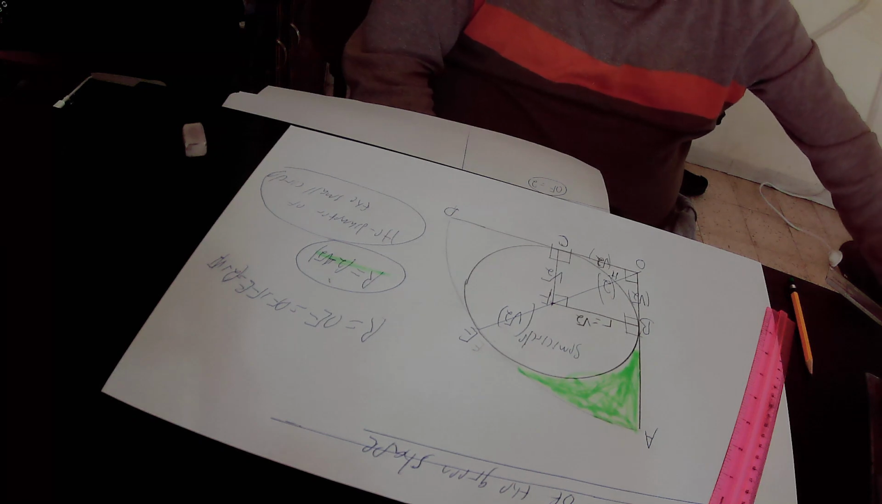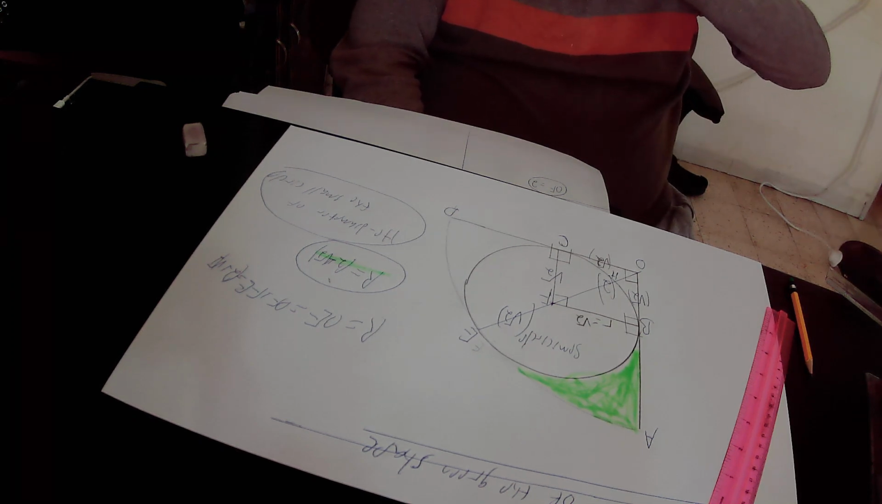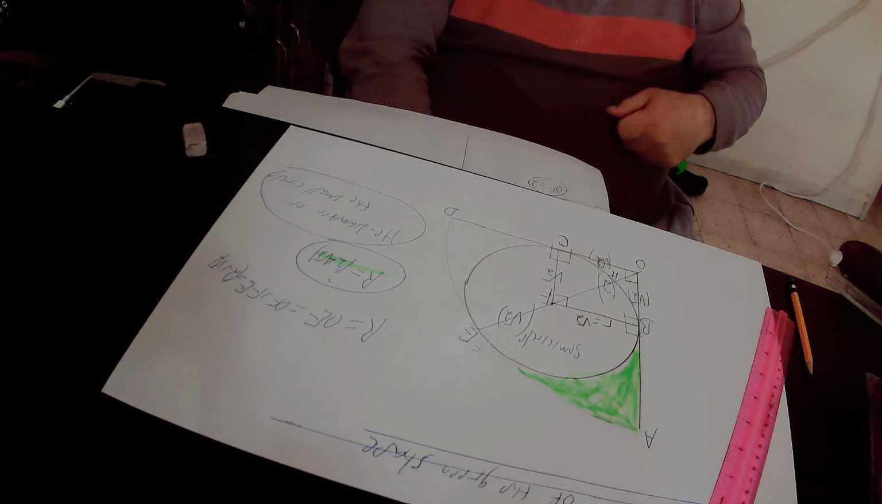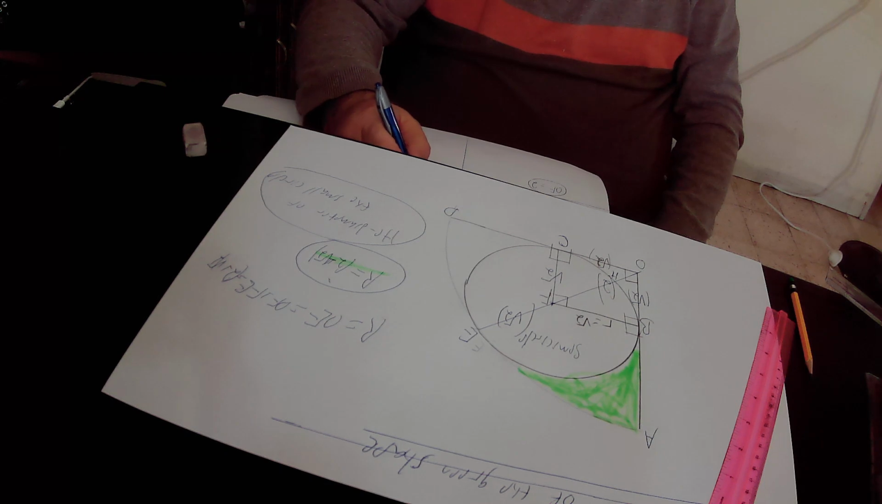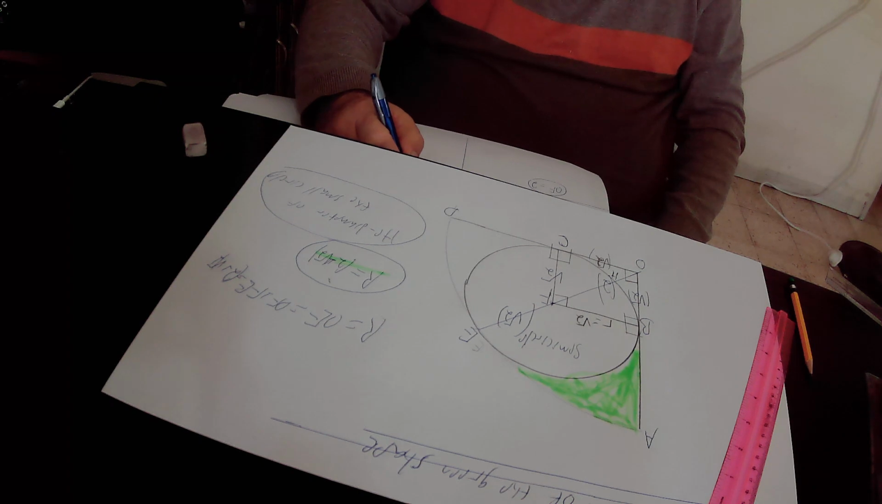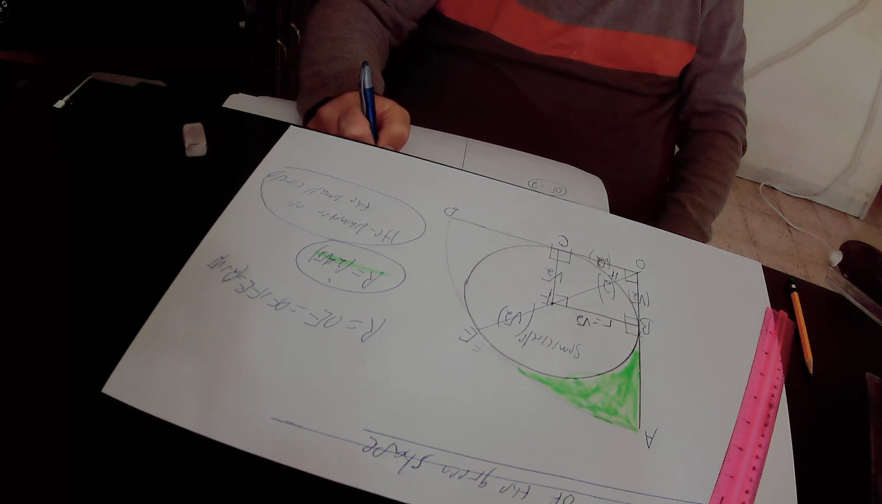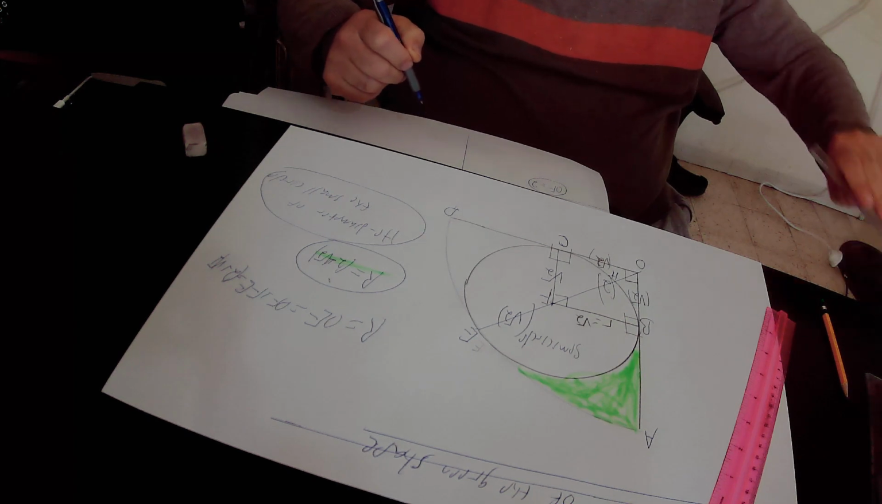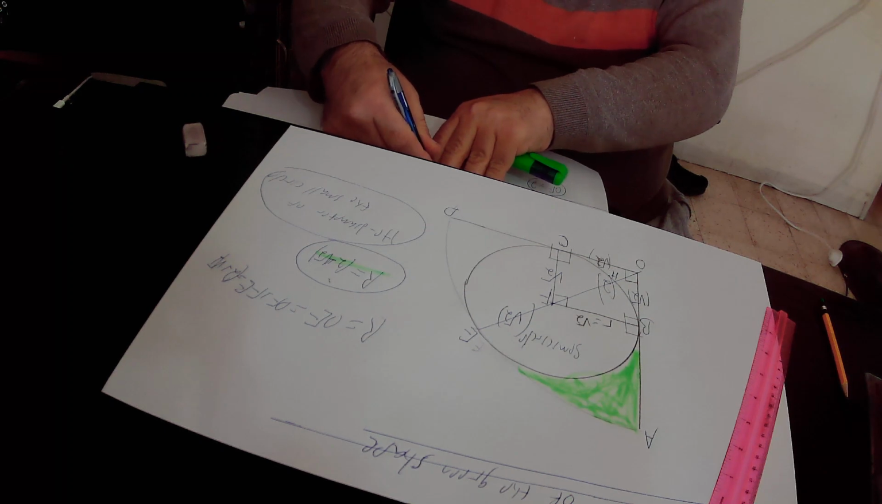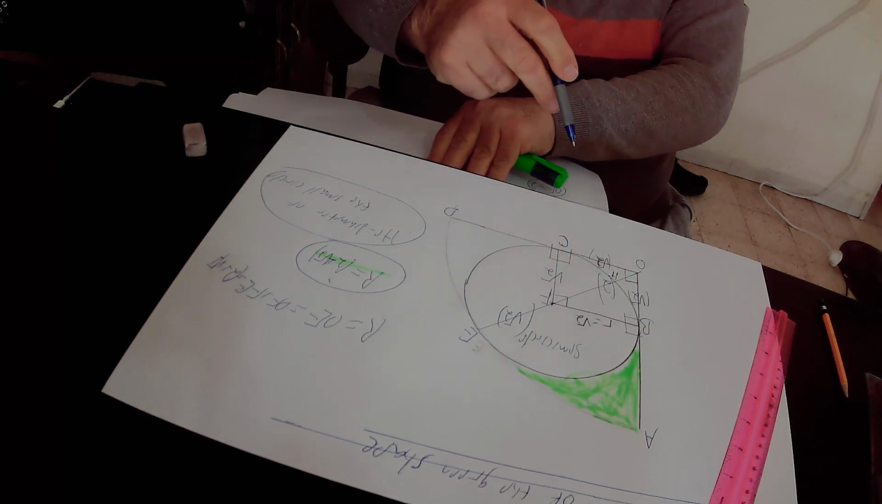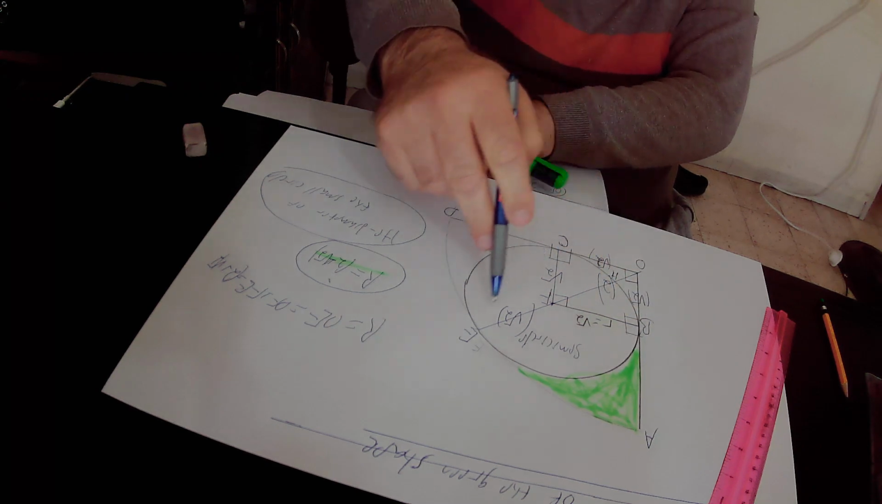Our mission is to find out the area of this green shape. What is the area of this green shape? From the drawing, it is very easy to see that the area of this green shape equals the area of the big sector AOE